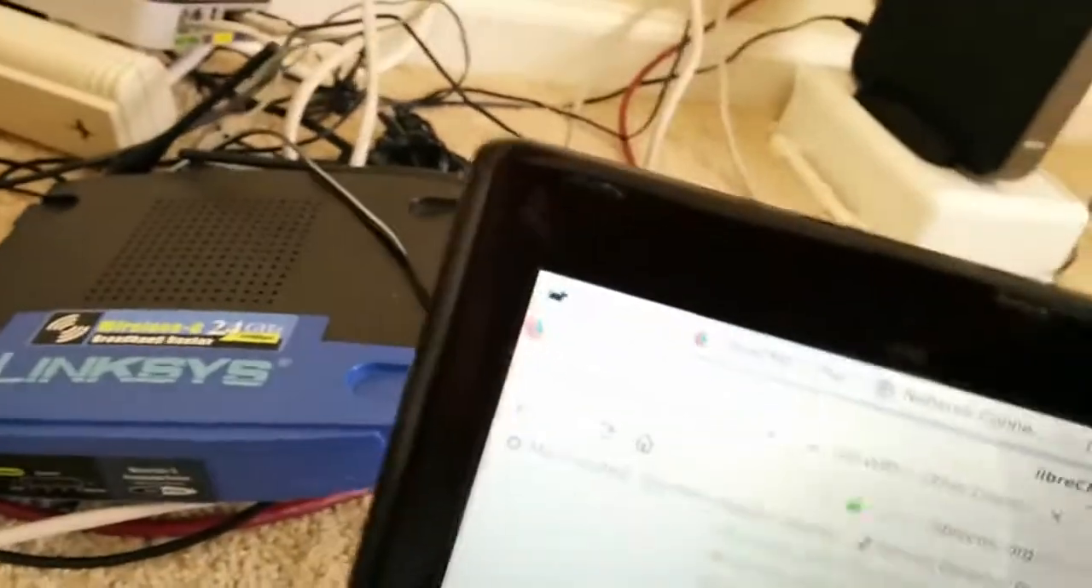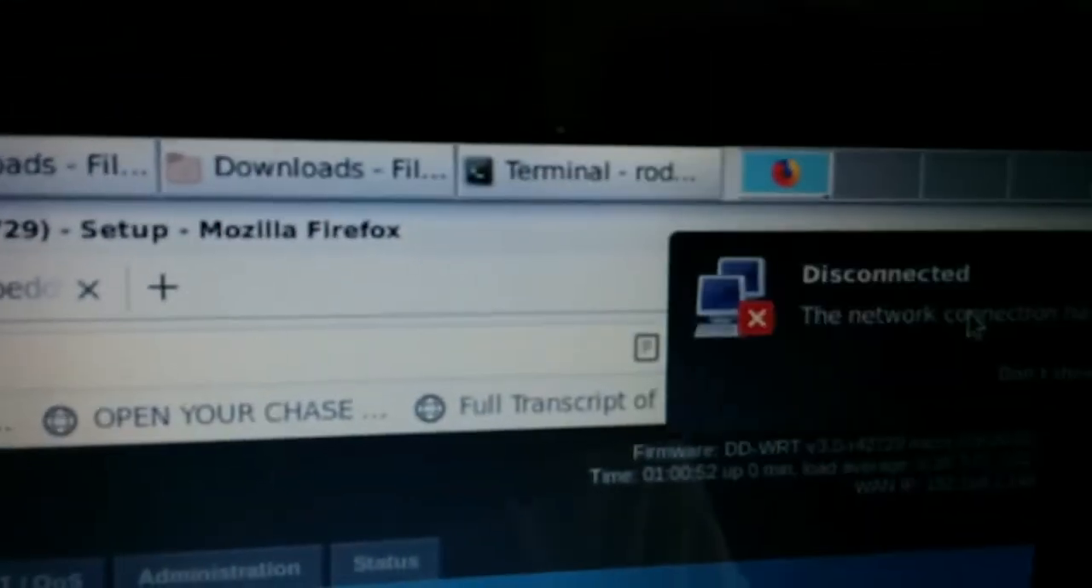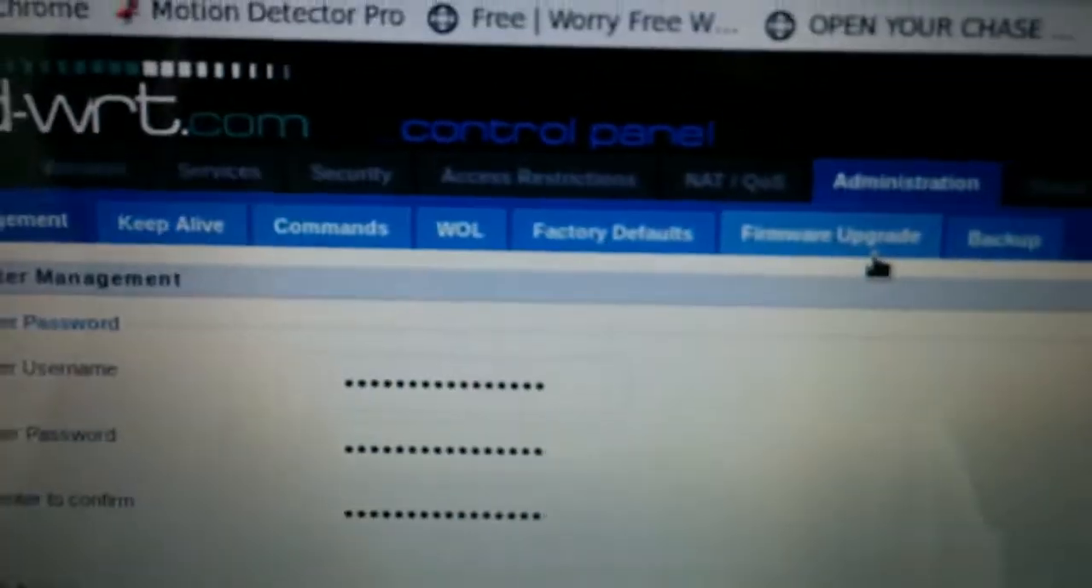So what we're going to do is connect to that router and make sure we're connected to it. You can come up here and say disconnect and reconnect, but you want to make sure that you have a fresh connection running. So we'll make it a fresh connection, and we'll come over to the administration tab, and we'll click on firmware upgrade,